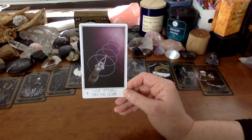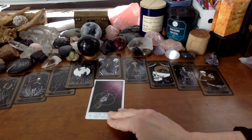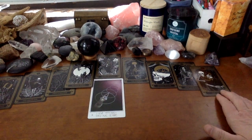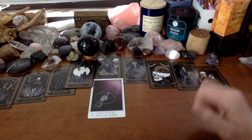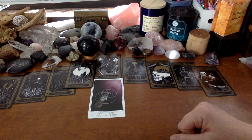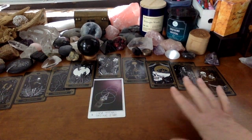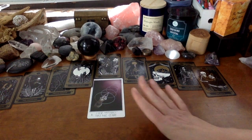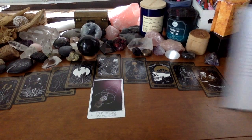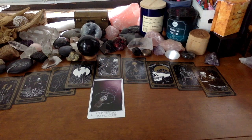So this is an interesting one to have come up along with the Devil card this week, and along with all of this stuff that's about manifesting, especially where we see like the Seven of Swords, and several of these other cards. So I'll just state where I'm coming from with that. So in the book, which I've got here, Jennifer Sodini says,